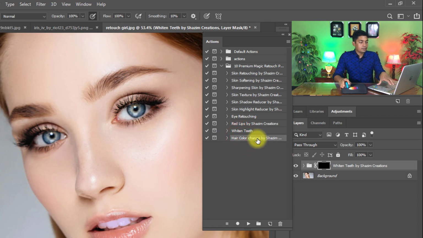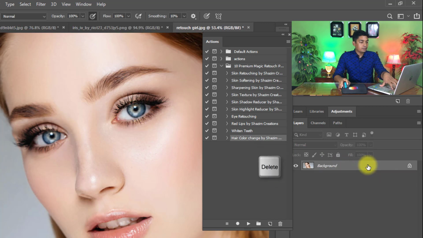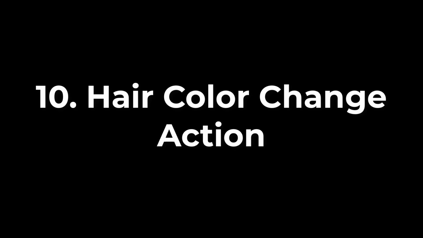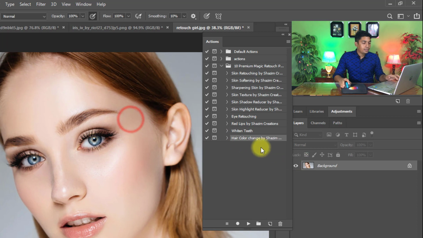And finally the 10th Photoshop action, the hair color change Photoshop action. So delete this layer group, the whitening teeth action, and select this layer and select this hair color change by Shazam Creations Photoshop action.